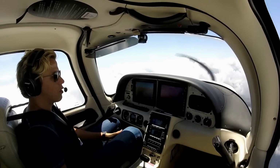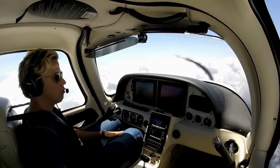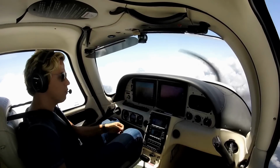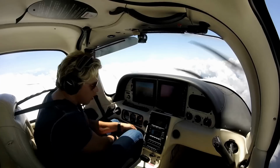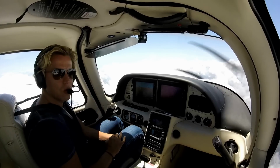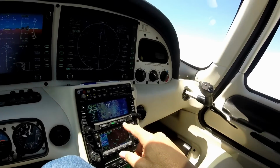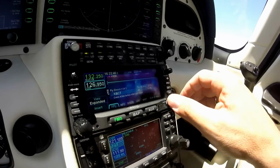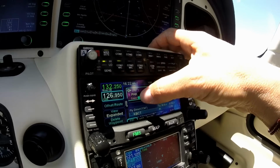Hey guys, welcome back. So we are 91 miles away. And they gave us Pahokee and then Boca. And they also asked us to cross Pahokee at 6,000, 20 miles north of it. So the way to do that is actually quite simple with this. What I'm going to do is I'm going to go to flight plan, and then I'm going to scroll up to Pahokee. I'm going to press double click there, cross